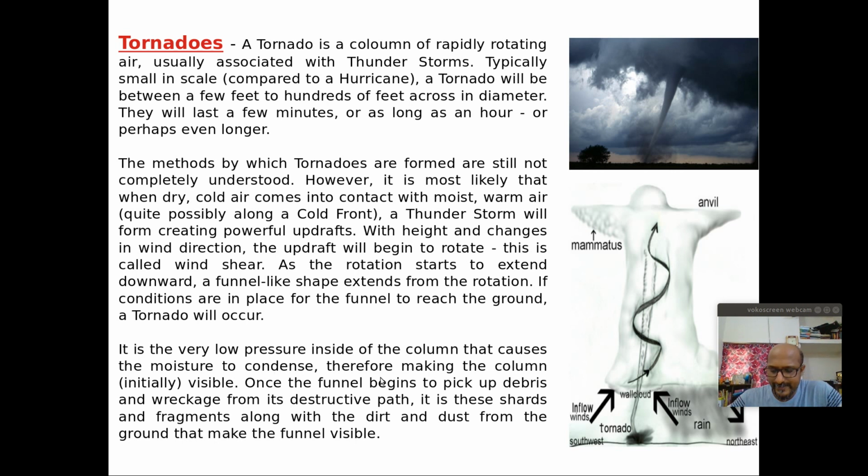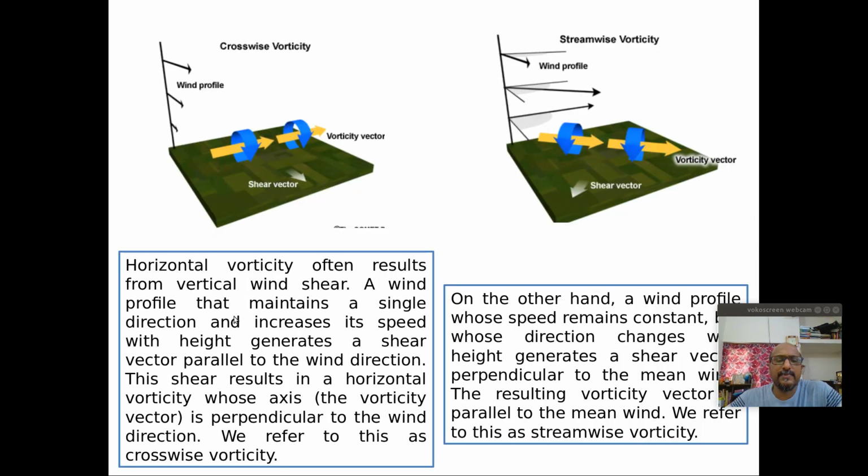The formation of a tornado happens within the supercell storm, so we need a highly sheared environment. If you look at the wind shear in this type of atmosphere, where only wind speed is changing with height, it means wind speed is increasing with height, but the direction remains constant, which will generate a shear vector in the same direction of the wind, and a vorticity vector opposite to that. That will generate a kind of